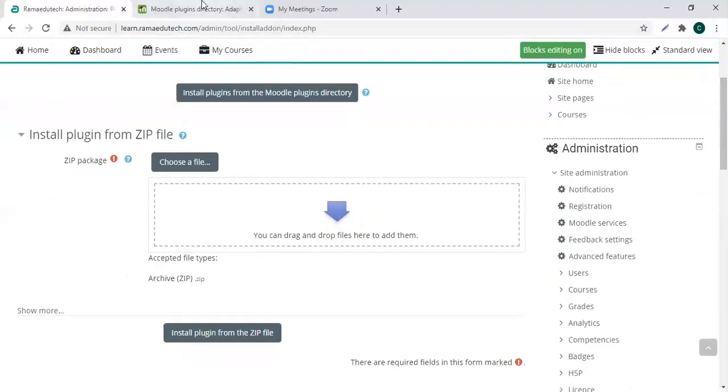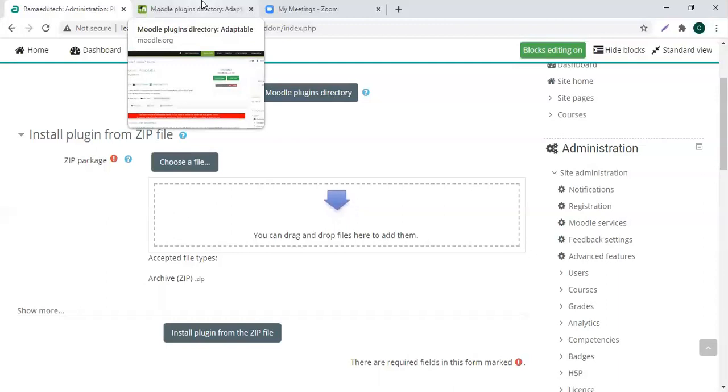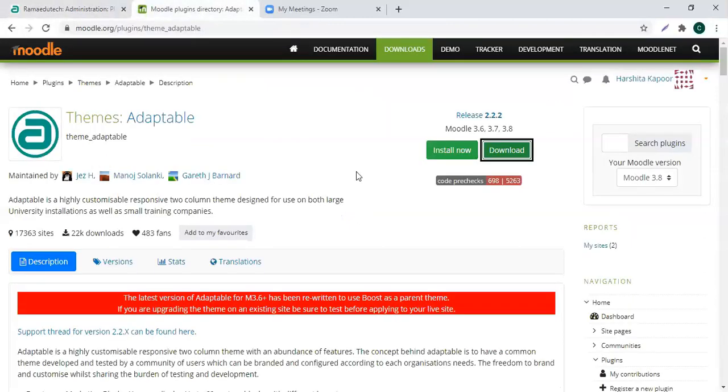What I prefer is to download and keep safe with you whatever you are installing on your website. Now, for example, I will go back to plugins.